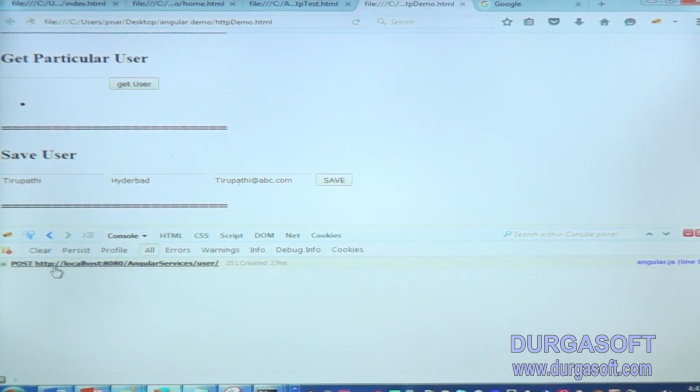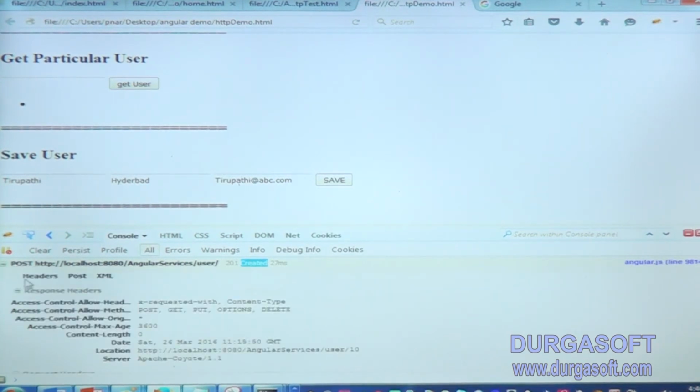See here, the call is a success, 201, it is created. The 201 status code is returning and it is created. Okay, but it is not returning any message. If it failed, the error call would be in red color, but it is in black color and there is no error message. The 201 created message came, but it is not returning anything. So if you see the output, see internally how this request looks.